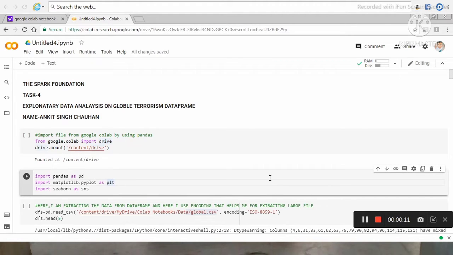And let me also explain a little bit about these things. What does Pandas do? Pandas will play with data. It will help you in extracting the data, and it doesn't matter whether the data is one dimensional or two dimensional. It will work in both cases. What does Matplotlib do? Matplotlib helps us plot the data, and Seaborn also does the same task. It also helps you plot the data, but the visualization quality in Seaborn is very nice. You will see later how Seaborn and Matplotlib plots are different.